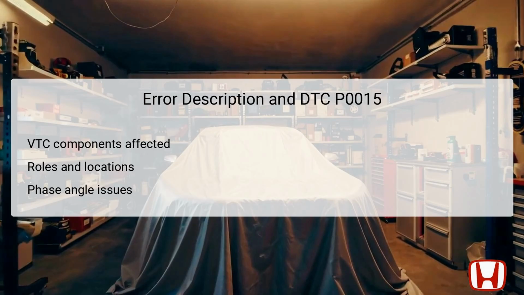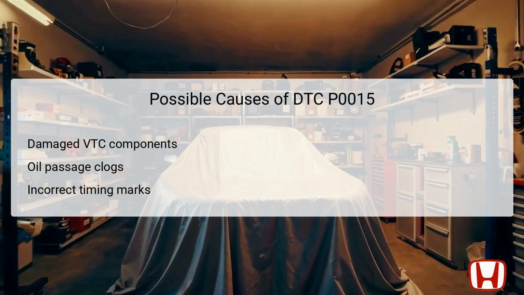The VTC Actuator B is located near the engine's cylinder head, playing an essential part in altering the timing of valve operations. When issues arise, the PCM detects discrepancies and sets the DTC, making it critical for accurate timing during the engine's operation. Several potential causes can lead to the triggering of DTC